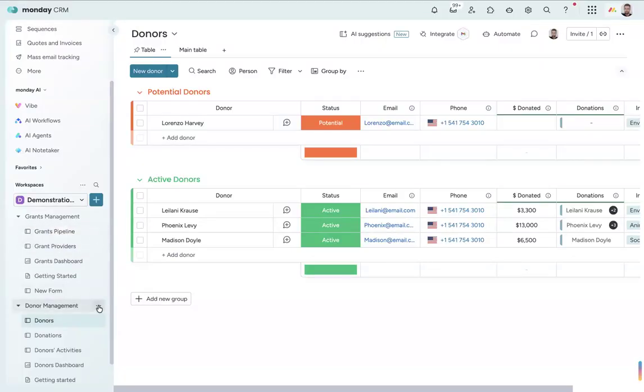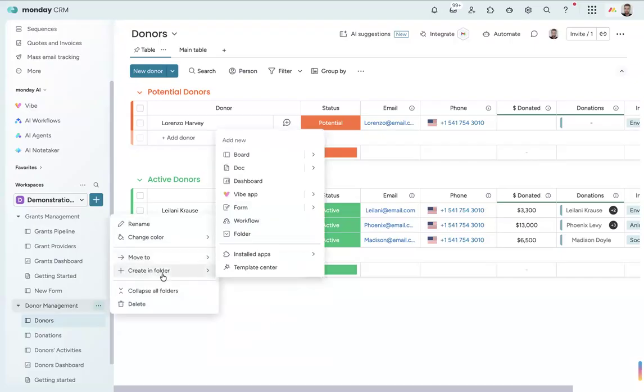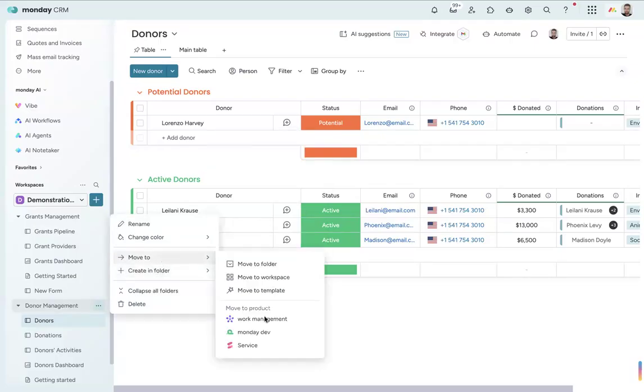But if you move, for example, this whole folder to a different product, then any of the special features available in that product will become available to it. So if you've started working on your donors in work management and you want to bring them into the CRM to get access to emails and activities, for example, you would just come down here and click on CRM.